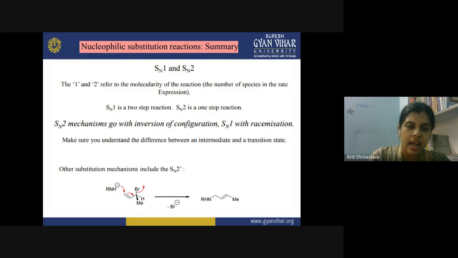this leads to the repulsion of the bonded electron pair towards another carbon. And this RHN is now attached to the carbon here, and the electrons on this carbon are displaced here, so the double bond is coming here. And as a result of this, the electrons of this bond are going towards the bromine, and the bromide is removed. This is also a type of SN2 reaction, where the attack is taking place on one carbon atom, and the leaving group is leaving from another carbon.